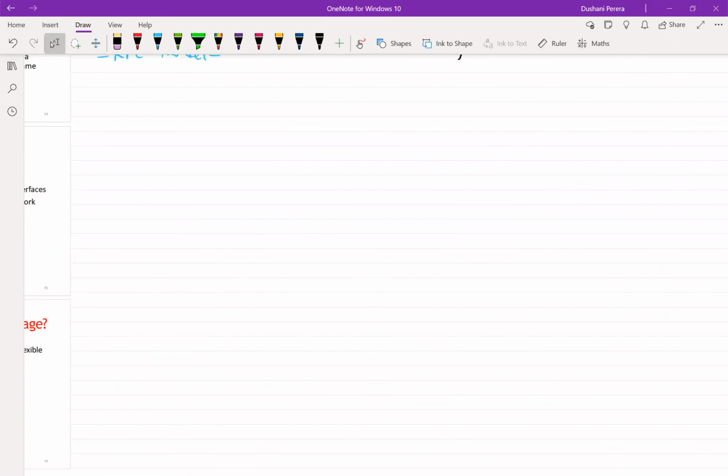Now, let's come to talk about another practical example of where we use a middleware. So in this example, we will be talking about three things. The first one is